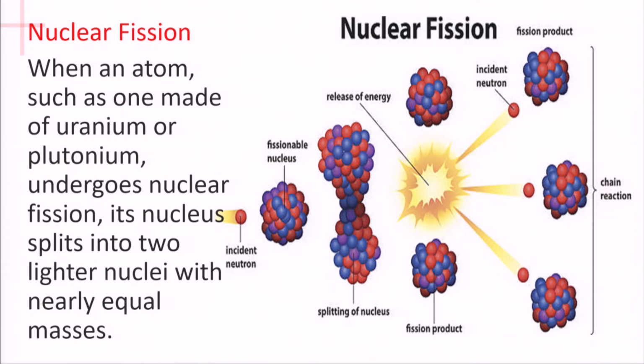When the nucleus is excited by a variety of particles such as neutrons, protons, deuterons or alpha particles, or by electromagnetic radiation in the form of gamma rays, the process may occur spontaneously or it has to be induced. A significant amount of energy is released, radioactive byproducts are created, and several neutrons are discharged during the fission